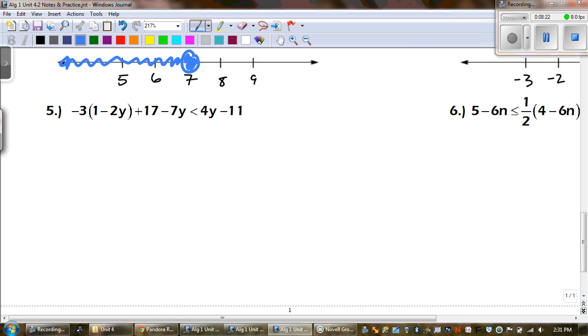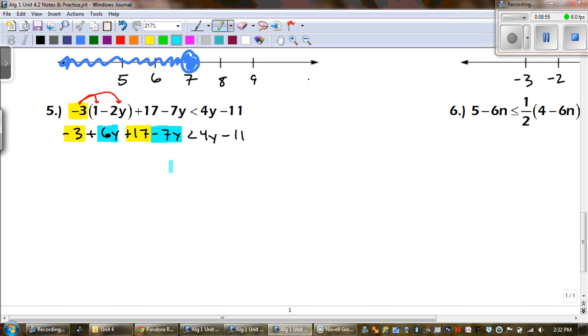All right, number 5. Let's keep it going. All right, so on the left side, we have to distribute the negative 3. So we get negative 3 plus 6y plus 17 minus 7y is less than 4y minus 11. Okay? Now, on the left side,